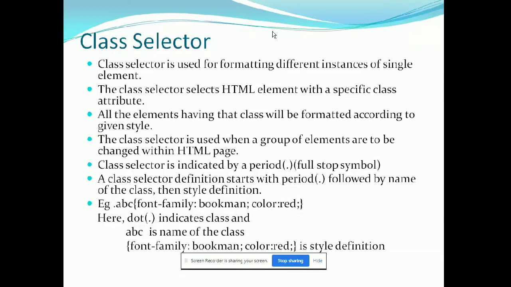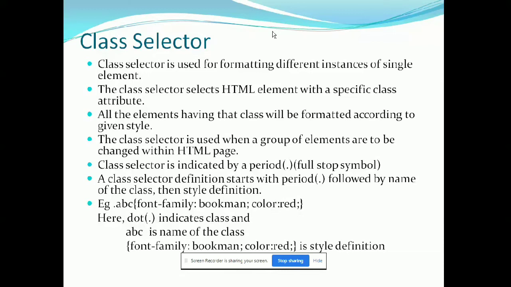Now what happens over here is, if I have, say, 5 h1 tags in my page, but I do not want to apply the style to all of the h1 tags. I want to apply the style only to one of the h1 tags. In that case, I can use my class attribute. And similarly, if I have an h1 tag and a paragraph tag, they both need the same styling. In that case also, you can specify the class attribute for h1 and class attribute for p tag. The class name for both of them must be the same.